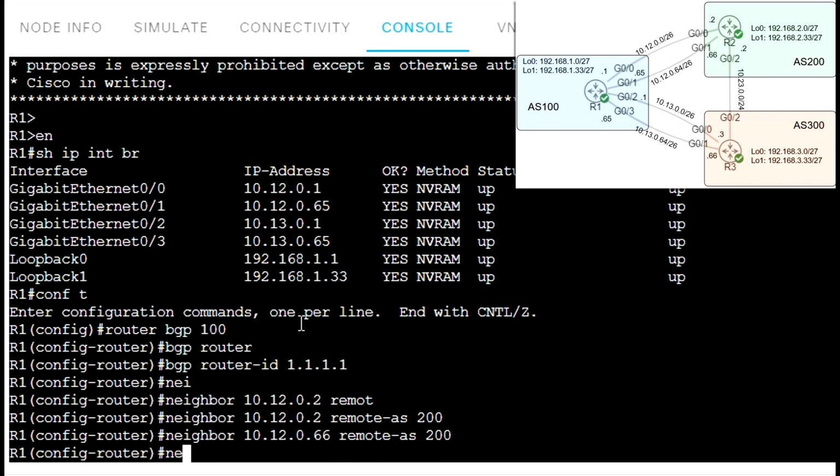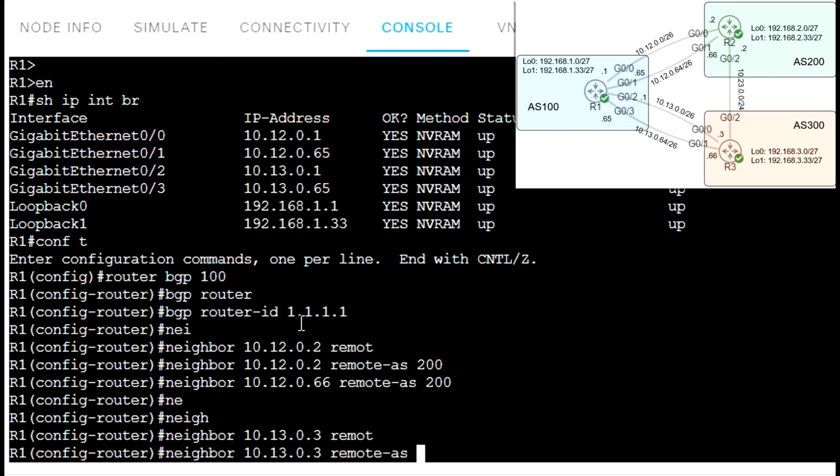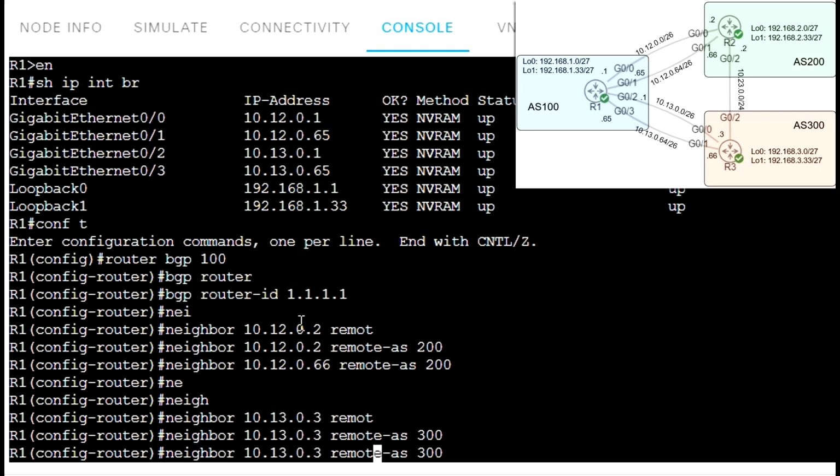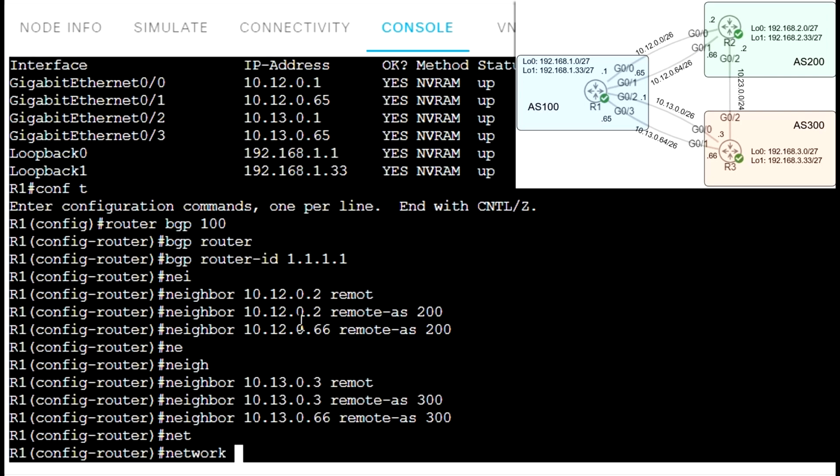And let's do router R3, neighbor 10.13.0.3, remote AS, and autonomous system for router R3 is 300, and second link 66. And we need to advertise network